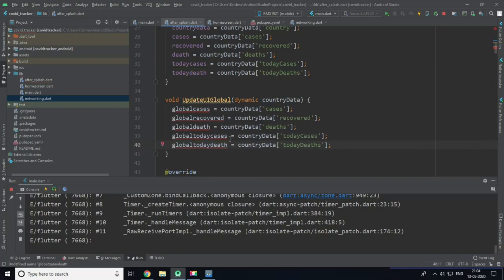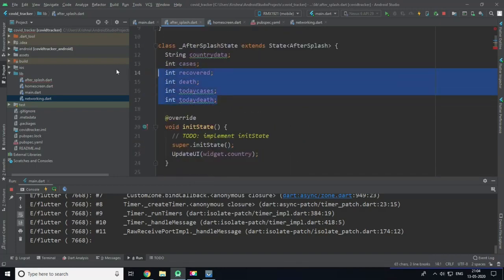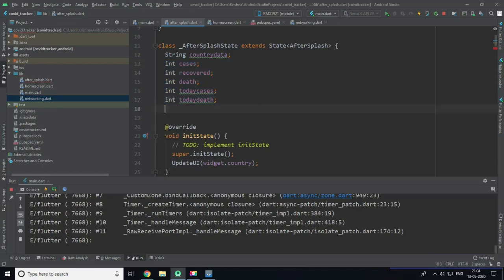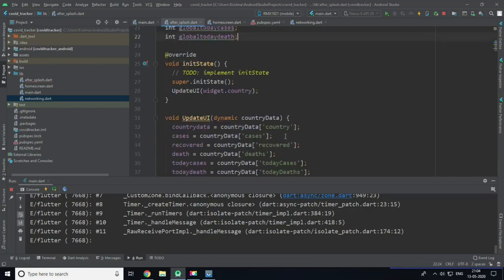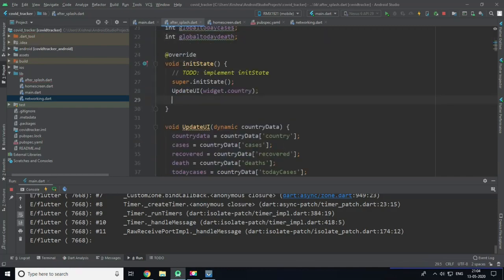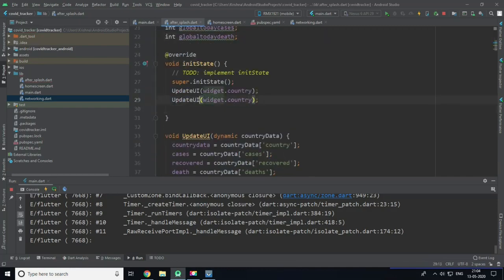Okay, we need to specify these variables here. So I will copy these variables and type global here and copy paste here. Okay, now one more thing, we need to pass update UI global and we need to set widget.global.